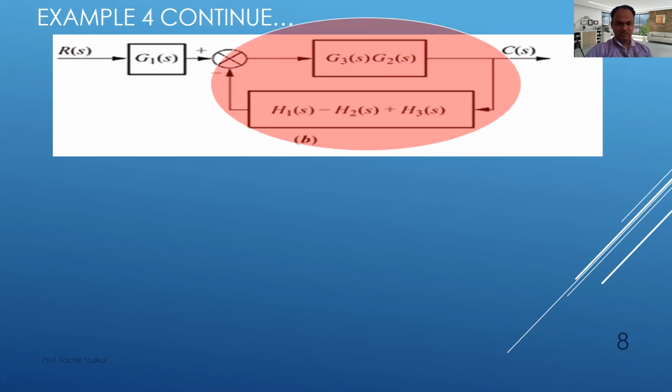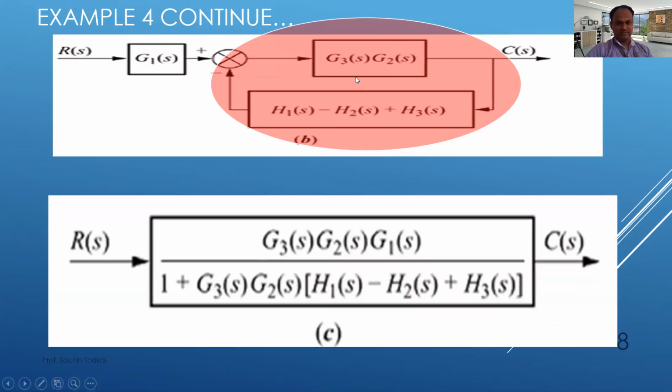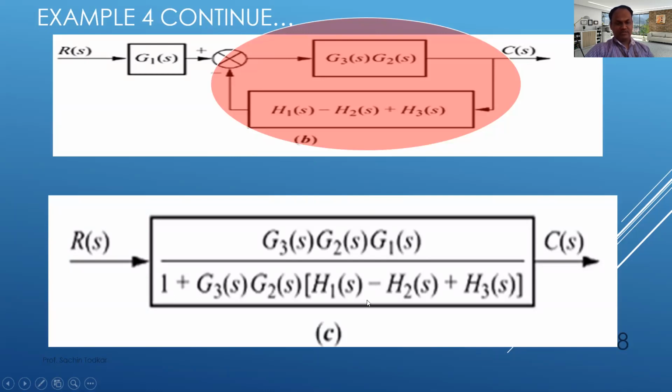So this feedback loop we are going to calculate, and for the feedback loop we know the formula, that is numerator multiplied by, okay, they have taken G1 also here, this G3 G2 divided by 1 plus G3S G2S into bracket, sorry, H1S minus H2S plus H3S. And afterwards, when your feedback loop is complete, you have to multiply it by G1, because G1 will be in